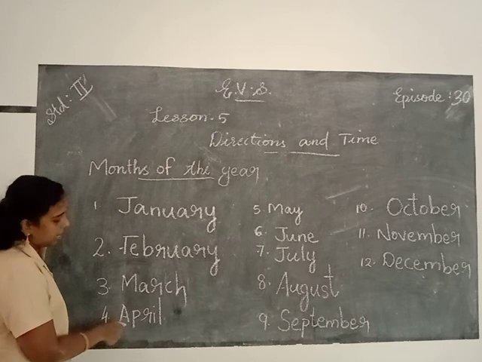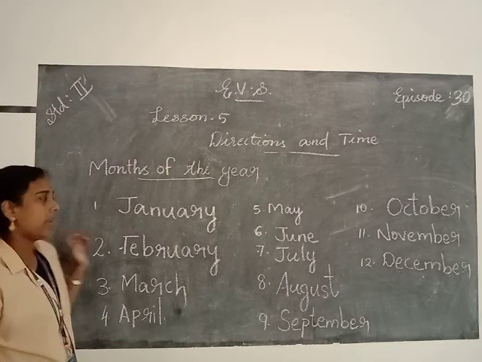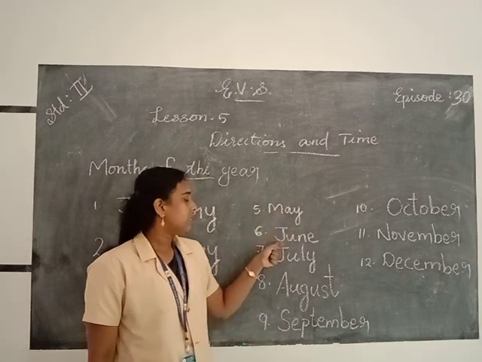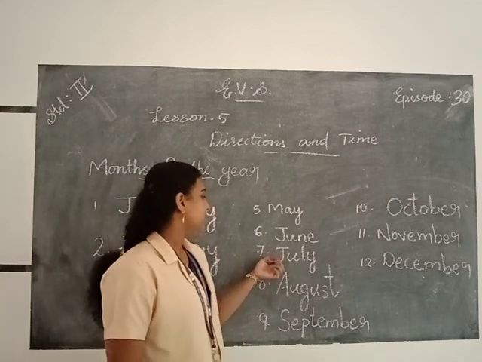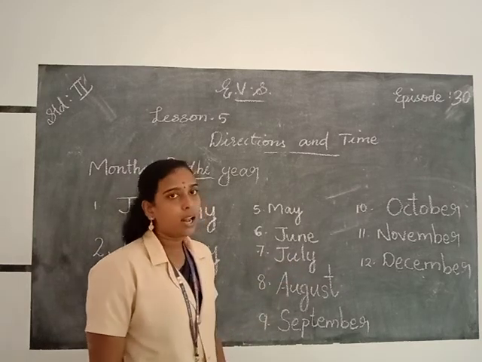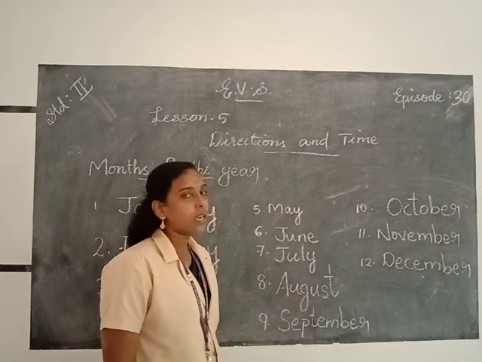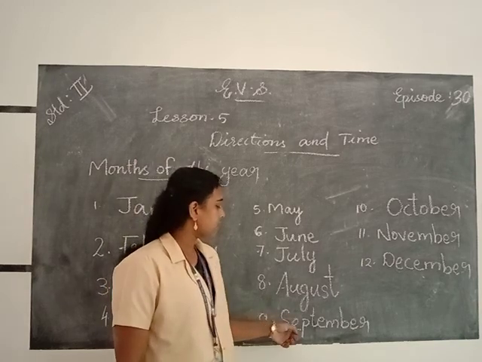A P R I L. April. M A Y. May. J U N E. June. J U L Y. July. A U G U S T. August. S E